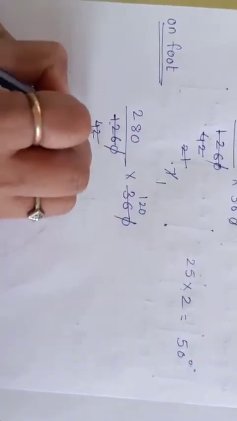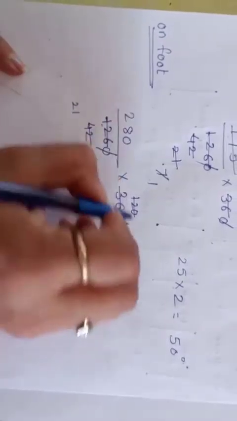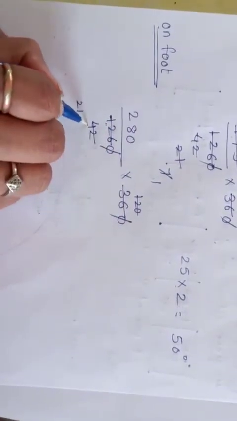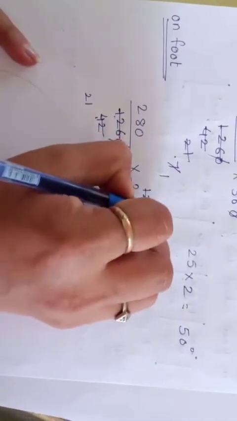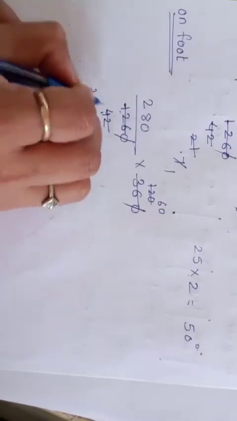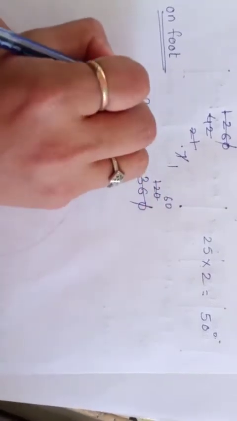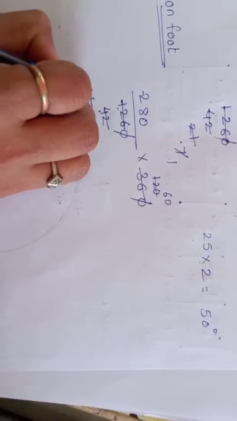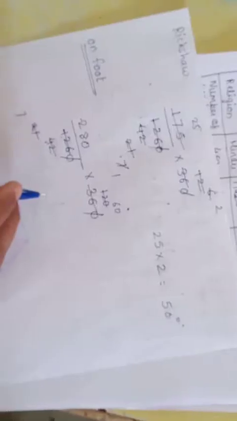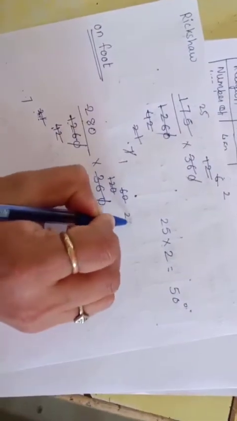We are doing it by 2. We will be getting 21. Here we will be getting, we are doing it by 3. We are doing it by 2. So here we will be getting 60. Now we will be dividing this by 3. We will be doing it by 7. We are doing this by 3. So this will be 7 and this will be 20.